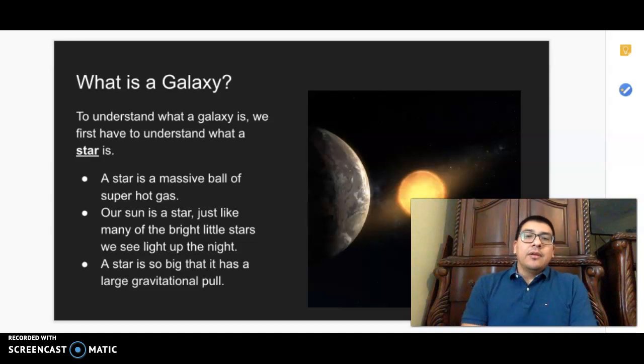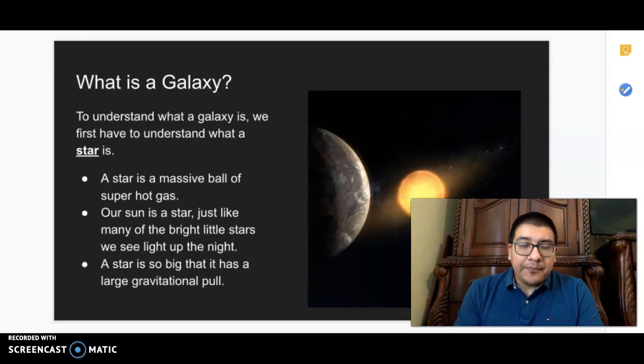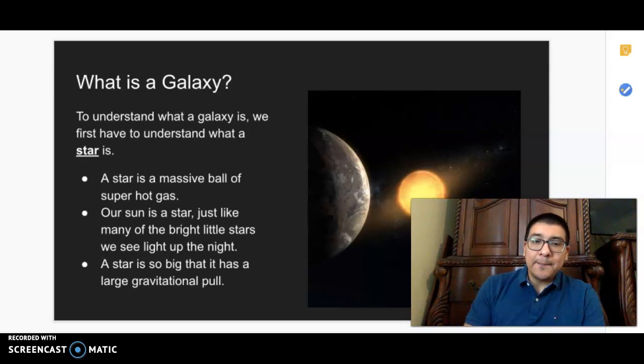What is a galaxy? So, to understand what a galaxy is, we have to first understand what a star is. We've gone over what a star is. A star is a massive ball of super hot gas. Our Sun is a star, just like many other bright stars that we see in the night that light up the night. A star is so